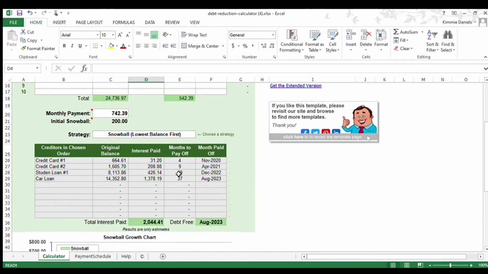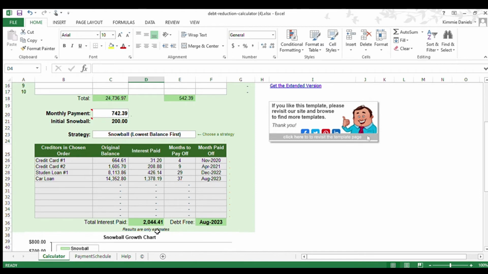So I really like this tool because not only does it show you how many months it's going to take to pay off, it gives you the estimated month and year that it would be paid off, and it shows you how much interest you've paid. I like seeing that because personally I don't like paying more money than I need to, and seeing $2,000, that's a lump sum of money that could be applied towards another down payment, it could be put towards savings or investing, it could be put in so many different options.